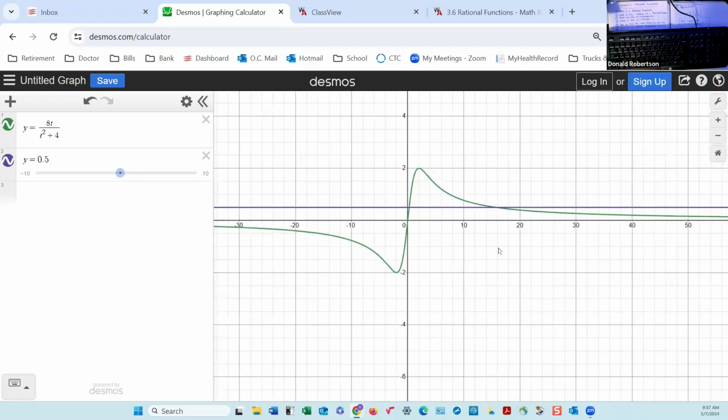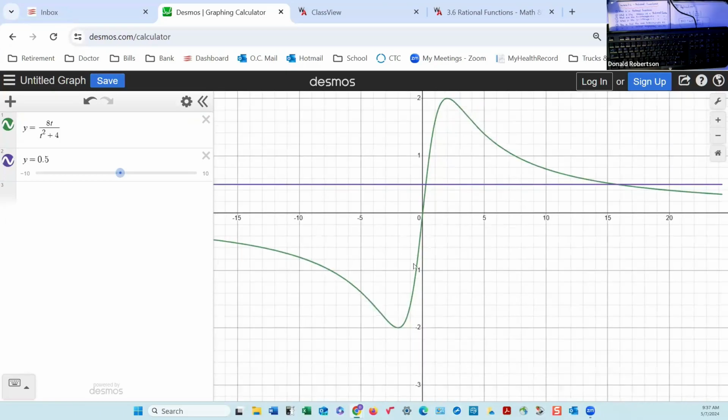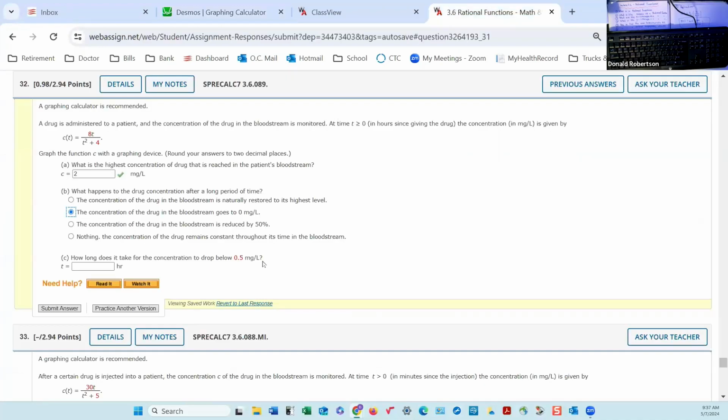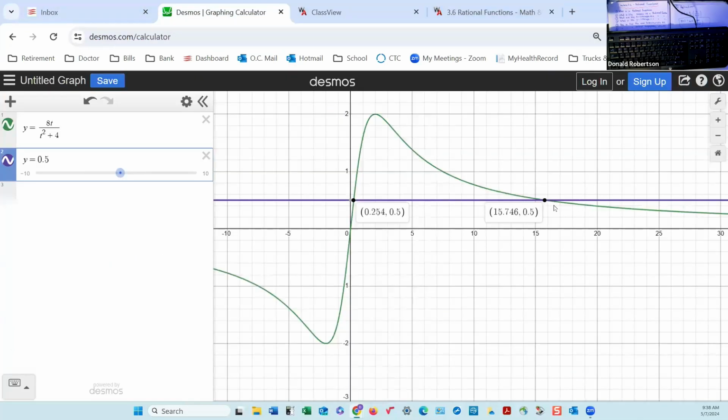Now, if you zoom in here, at that point there, while the drug is being pumped into the bloodstream, you see it reaches 0.5. And then way over here, when it's being maximized and then being used up, it hits that 0.5 again at the same number. So I'm going to go back and see if they want this value the first time it reaches it, this value the second time it reaches 0.5, or whether it even wants both of them. So let's see. How long does it take the concentration to drop below? So the way they phrased it means